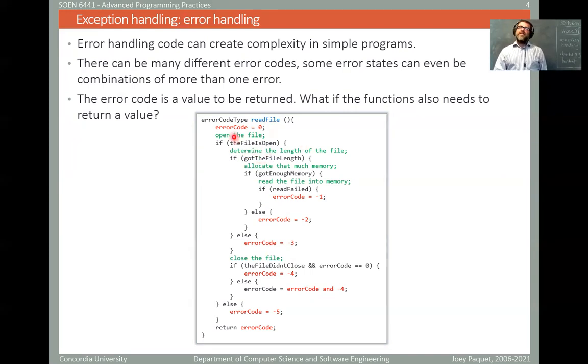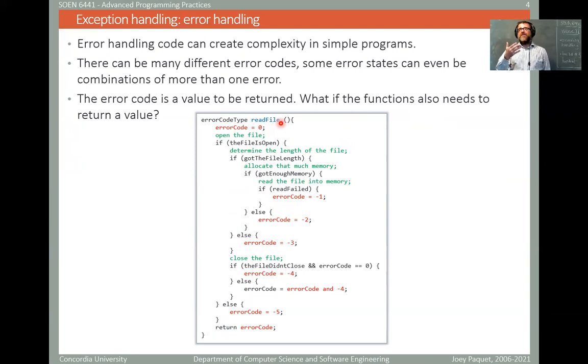One of the things you should see here is that all this code that I have, the green code is the normal code. The non-green code is all code that is there only to trap these different cases and then set the error code accordingly to what is the erroneous thing that may happen as this code is executing. You see that there's a lot of lines of code here that are there just to deal with the possibility of errors. Then, of course, in the function that calls this function, there would need to be other code